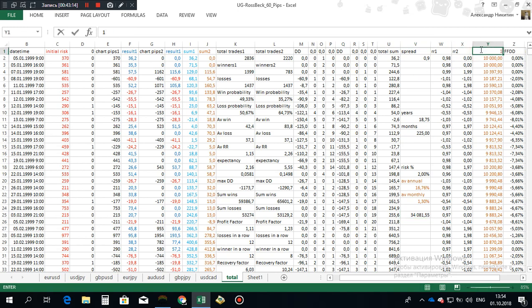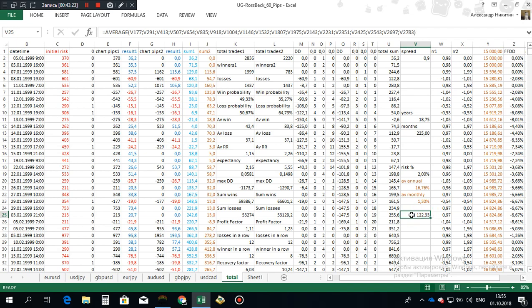Then let's start 15k, and now it's okay. You see, starting from 15k is pretty good. Average annual return, look at this, is 16%, and average monthly return is 1.30. So with an average annual return of 16% starting from 15k, you will have 51k. Okay, now let's multiply it.